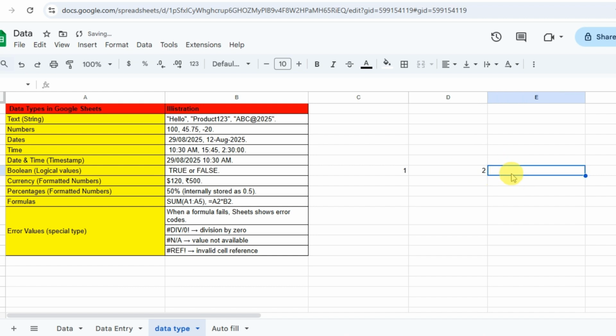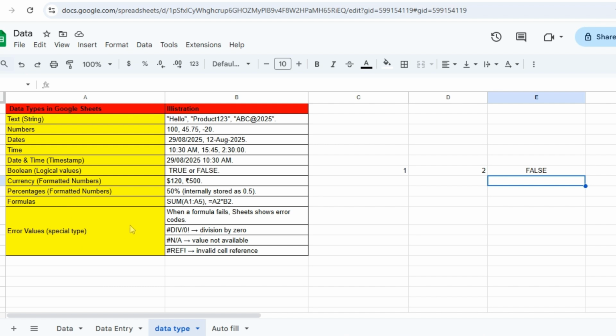And if I check whether the entry in cell C7 is greater than D7 or not, then it will give me Boolean expressions. For example, here in this case it is giving false because 1 is less than 2, not greater than 2, right? Another data type can be currency, like dollar or rupees or euro. Similarly, percentages. And another is the formula data type.